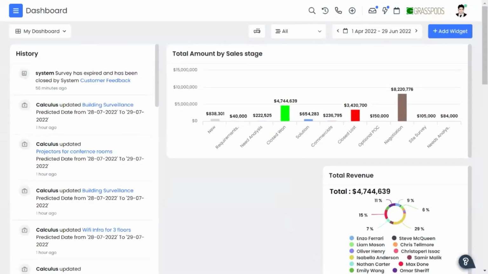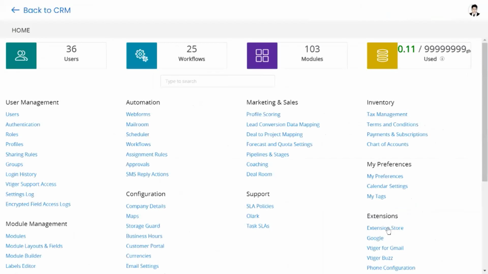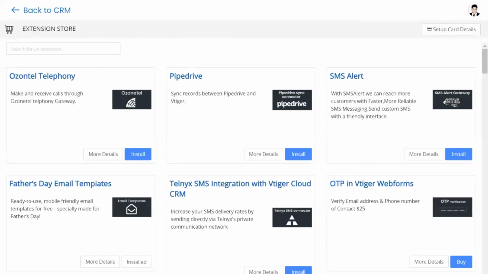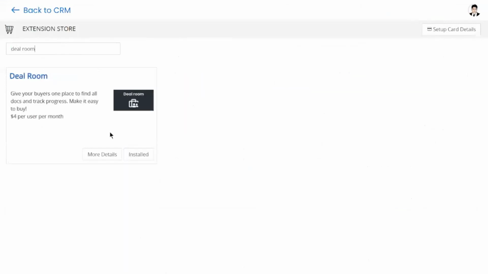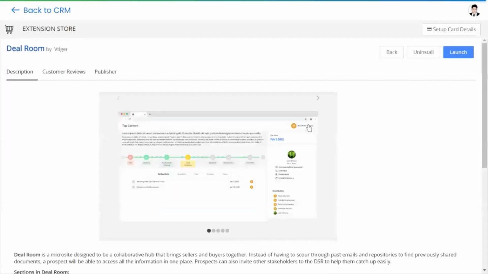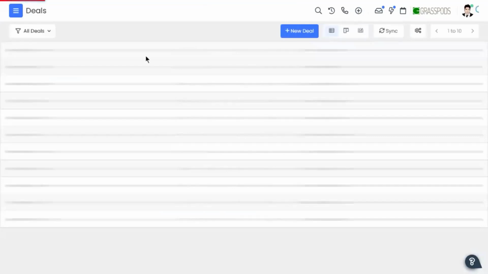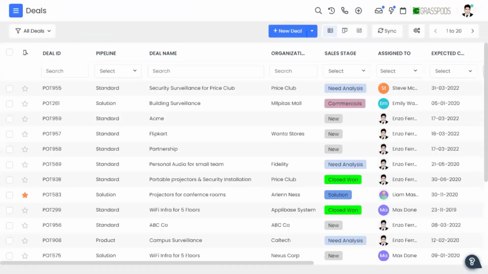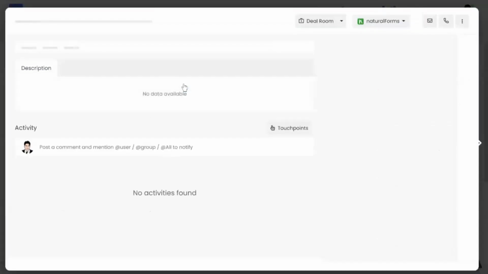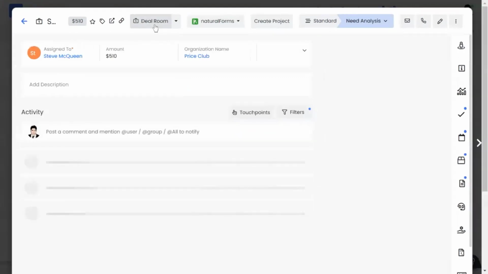To begin with, let's log into Vtiger CRM. Please install the deal room via extension store. Now let's see how deal room looks in a deal. To view that, let's go to a deal, and here you can see a deal room. So click on this